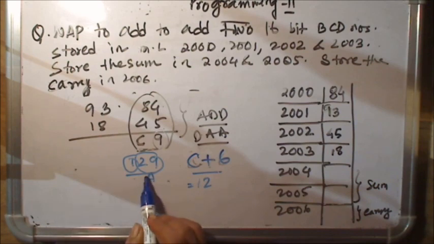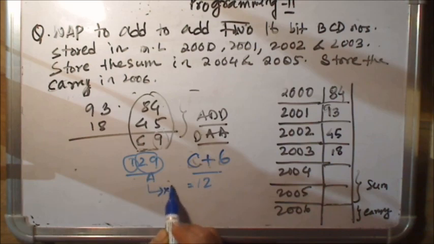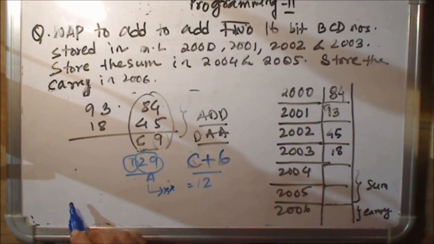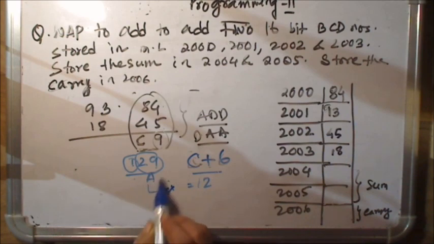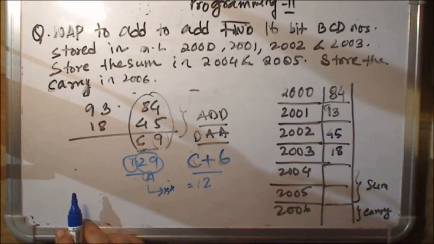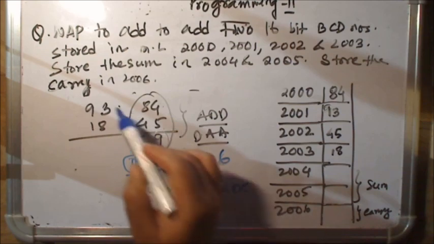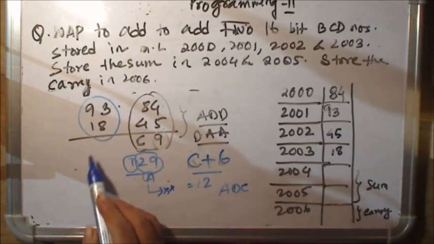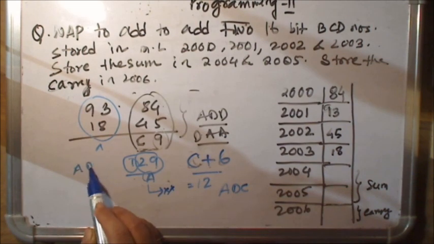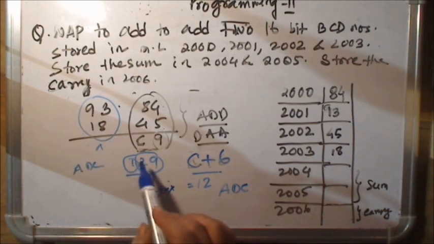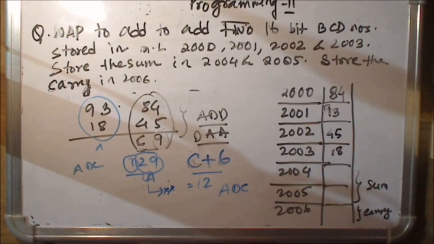Now get this 29 which is stored in register A into some other register, because in your higher byte addition you will be requiring A, so you have to get A free. Okay, during the higher byte addition you will be using the instruction ADC, that is add these two numbers along with the carry of the lower byte addition.